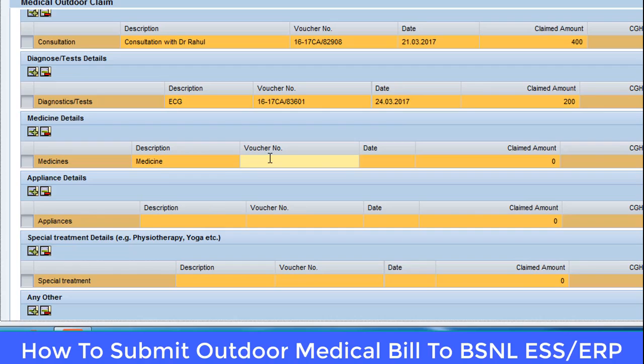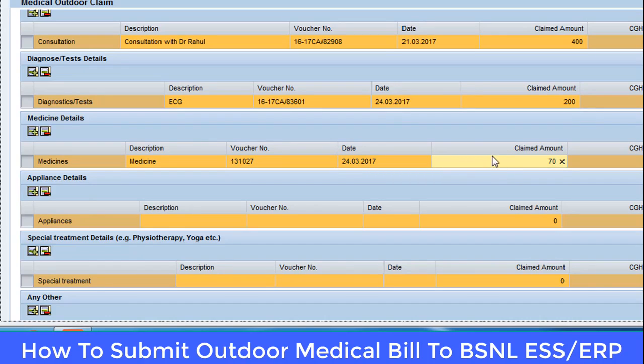Okay, and the voucher number I will enter here, and the voucher number is 131027, and the date is here 24.03.2017, and the claimed amount is very less, it is 70.